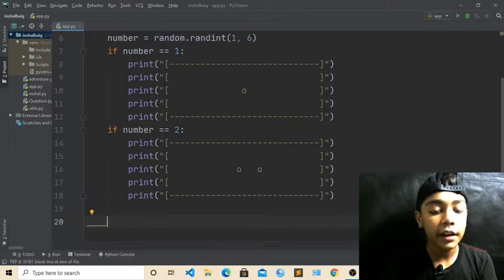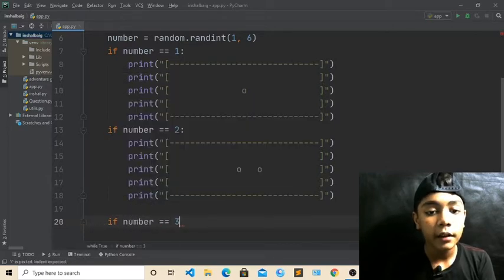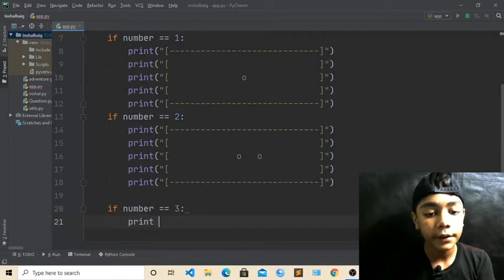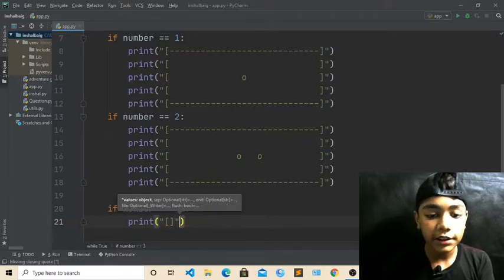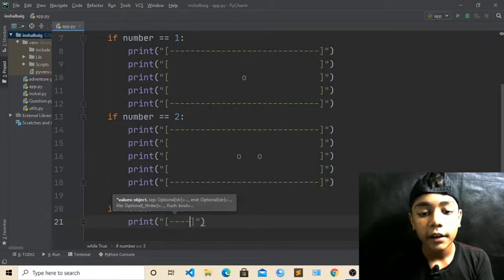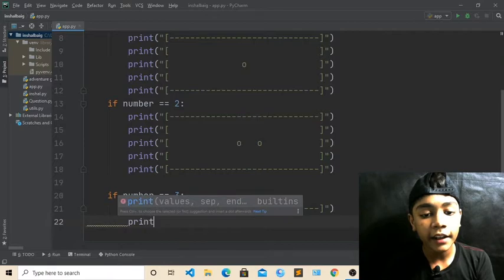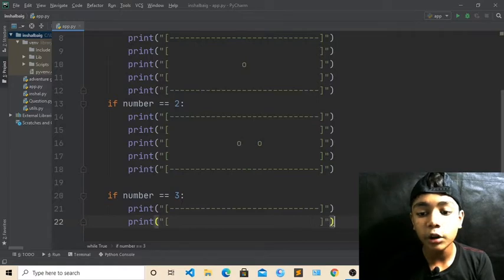Now come over here, and here you have to write if number. Now it will be 3, like we have written 2, now it will be 3. It will be till 6, okay. Now it is 3. Come over here and write print. Now it is opening, so we have to write 2 square brackets. Just write 2 parentheses here, okay. Now here you have to write dashes over here, okay. Till here we have defined. Now come over here, write another print tag which will be like that, and now you have to open this. Just till here you have to define, okay.